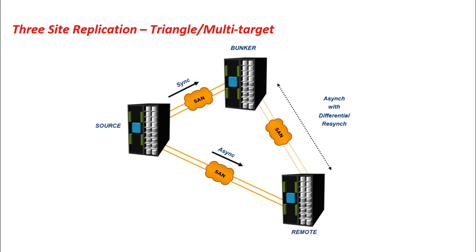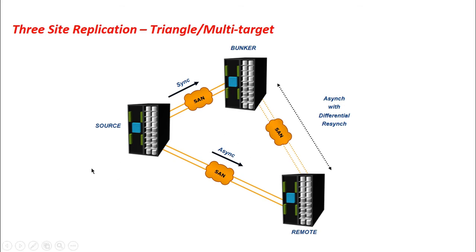Local replication technologies could also be used at the remote site during this particular time. A failure of the bunker or the remote site is not actually considered a disaster because the operation can continue uninterrupted at the source site while the remote disaster recovery protection is still available. A network link failure to either the source to bunker or source to remote site does not impact the production at the source site, while remote disaster recovery protection is still available with the site that can be reached.